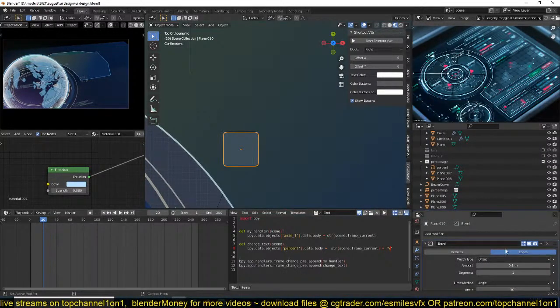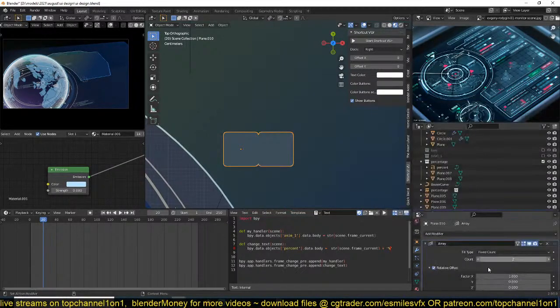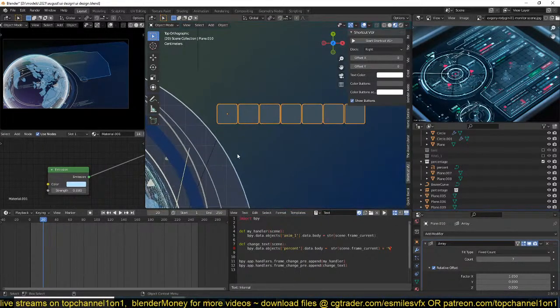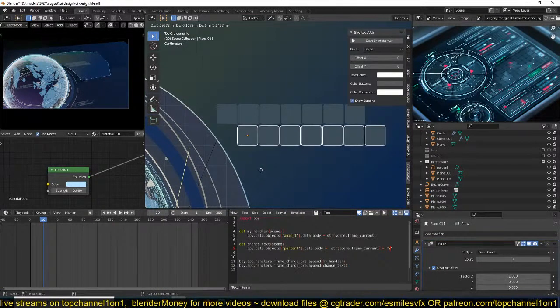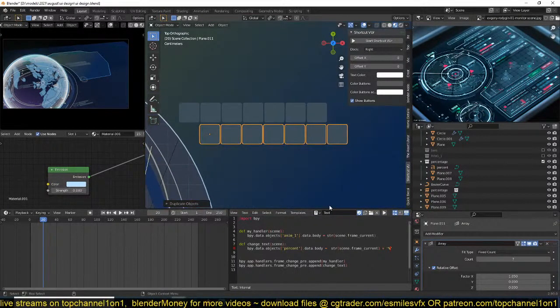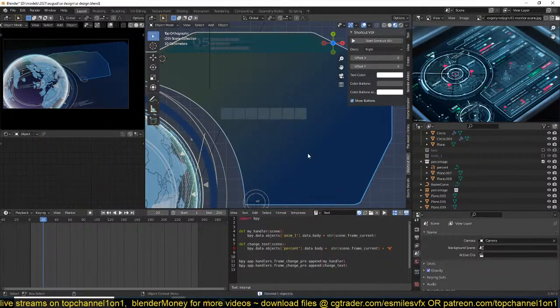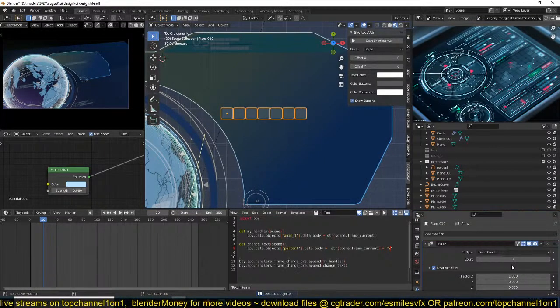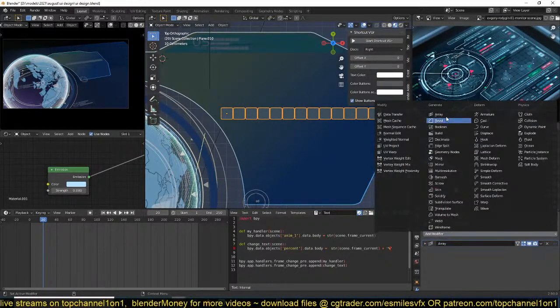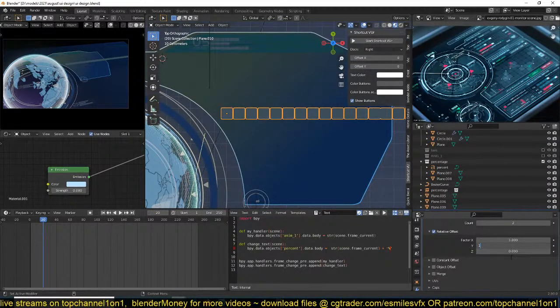Use an array, not a bevel, an array, duplicate this. Oh, and actually I can do something like this, then have another array, this time down,